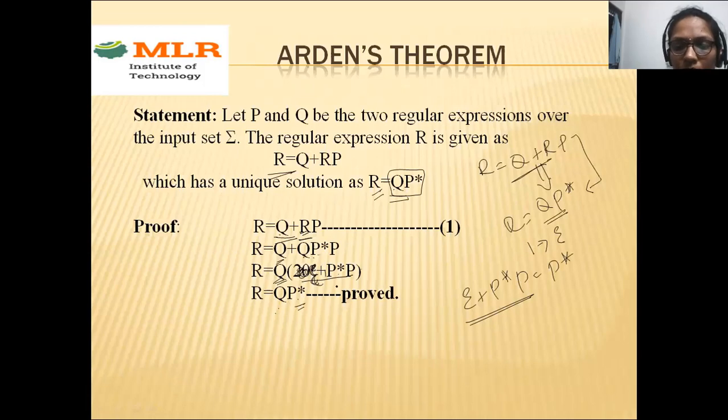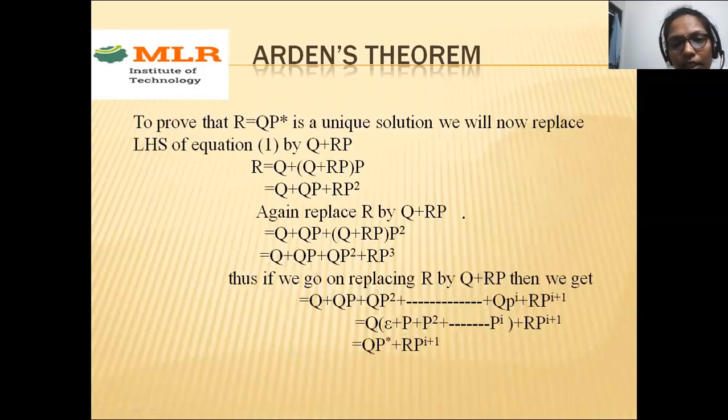So RHS you're getting. But this happens only if I substitute this solution. So that means this is a unique solution. We are not getting that as a solution if I don't substitute it. If I substitute this, then only you're getting the solution; if I don't substitute this, I don't get this in the direct fashion. So this is the direct way. We'll see it in another way.